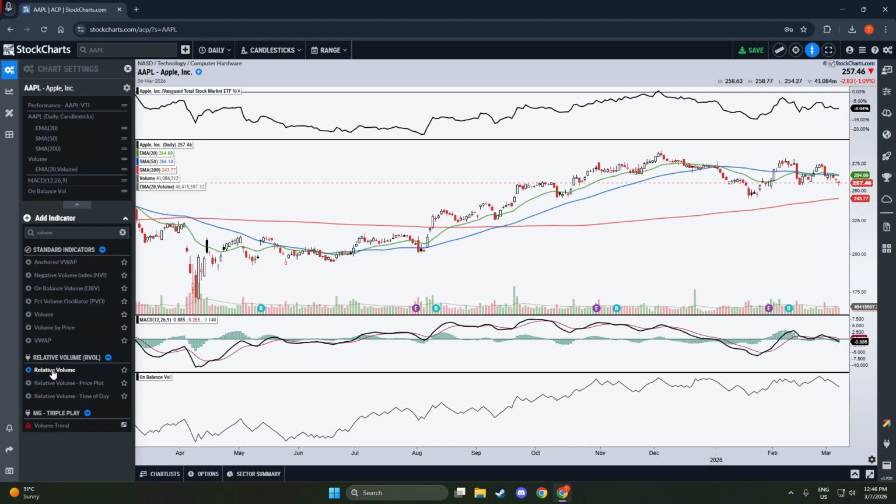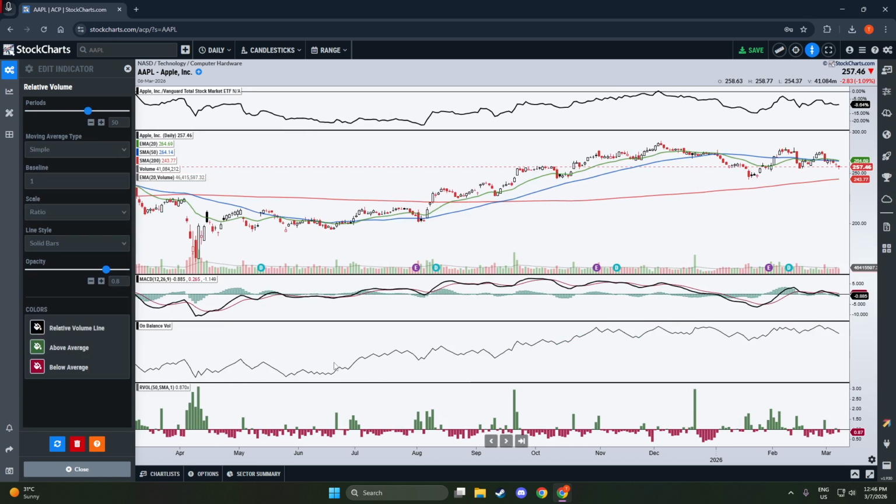You can also add relative volume if it's available to you via a plugin. Relative volume compares current trading activity to typical levels for the same time of day or period, making unusual spikes easy to spot. When relative volume is elevated, it signals that participation is above normal, which can make breakouts or